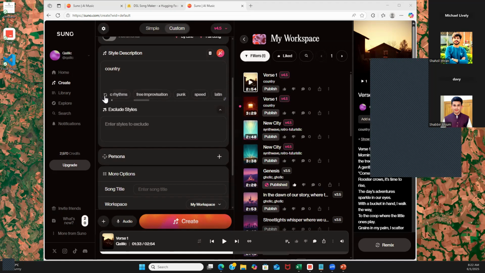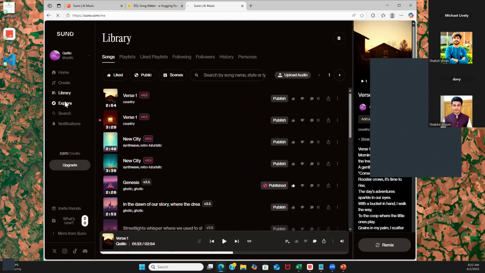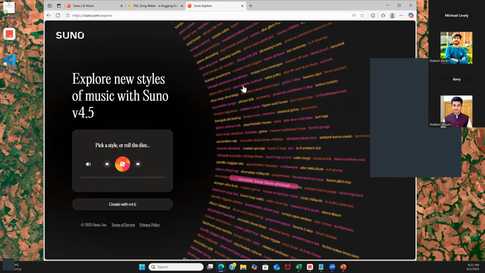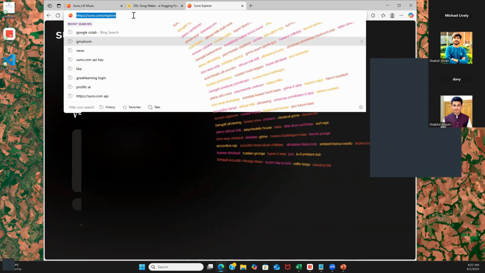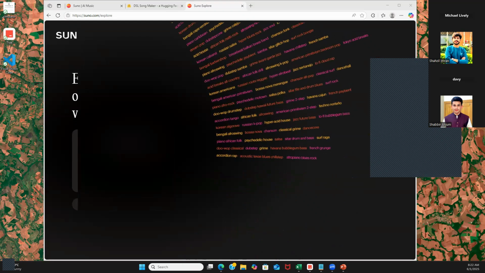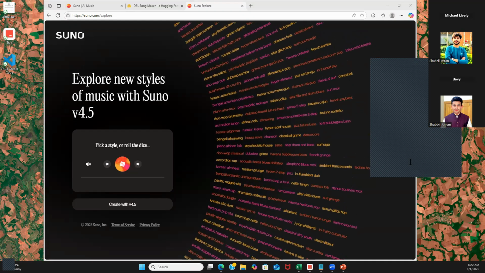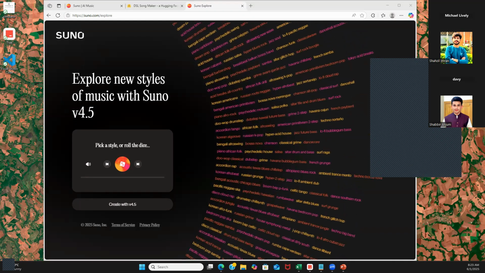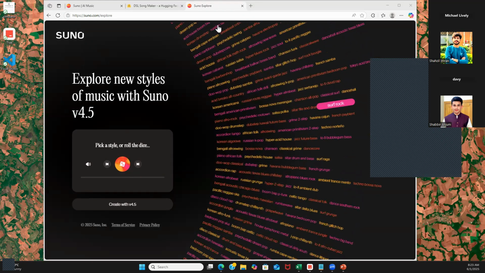If you look here, I have to keep refreshing, and there's all these styles that you can go from one to another, and they have tons of different styles. So I want those to be navigational elements. So we need to find those styles. Now, there's a library or an explore. It shows you all the styles here, but I can't get a list of those. So we need to find someone to give me the list of the styles. Okay, I will get that. Yeah, get that list of styles.